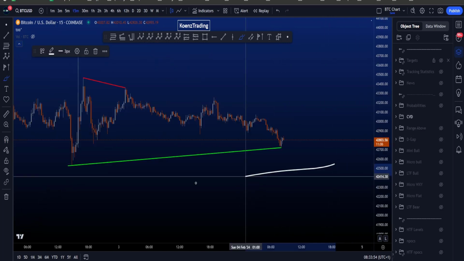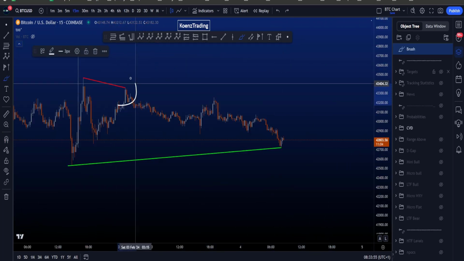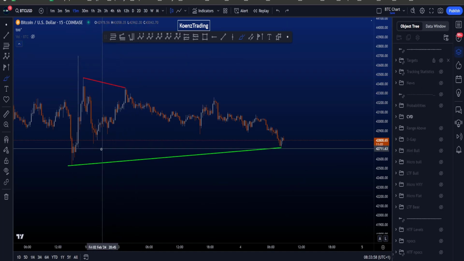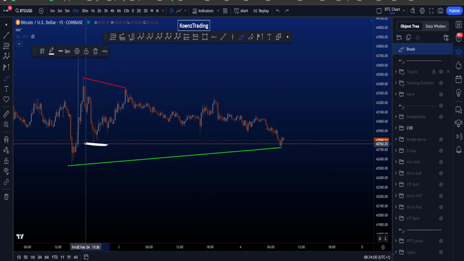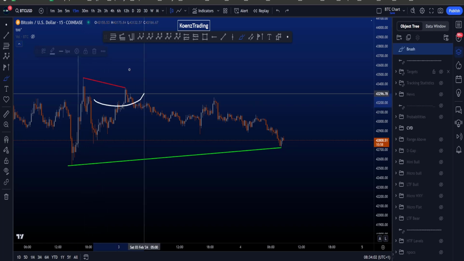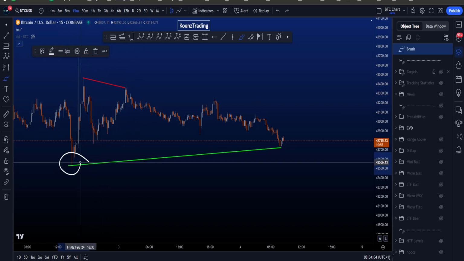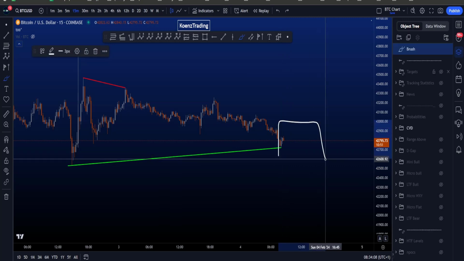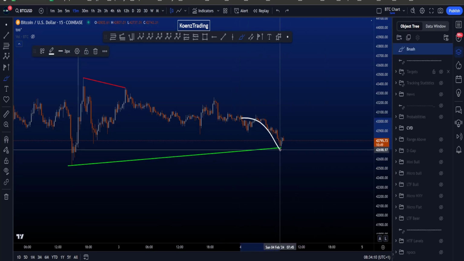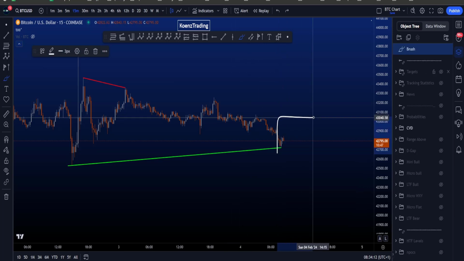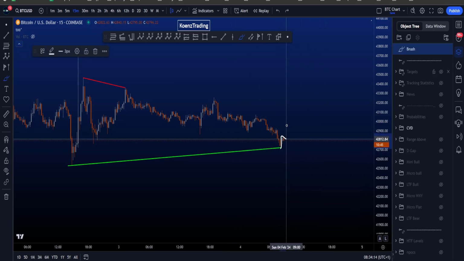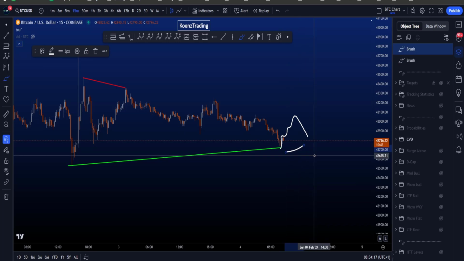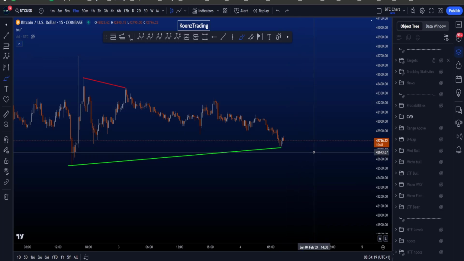If we look at the local CVD divergences on the 15-minute time frame, then the bearish CVD divergences have now played out as price has taken this low, which is the target for the bearish CVD divergences. We do have bullish CVD over here. However, what I prefer to see is local strength, right? We have a bit of a move to the downside, that's okay, but I want to see local proof of support. So if we see a bit of a bounce, retracement, bull CVD, RSI, stochastic, whatever you use, candlestick patterns,